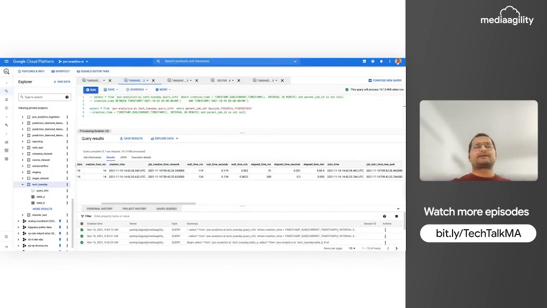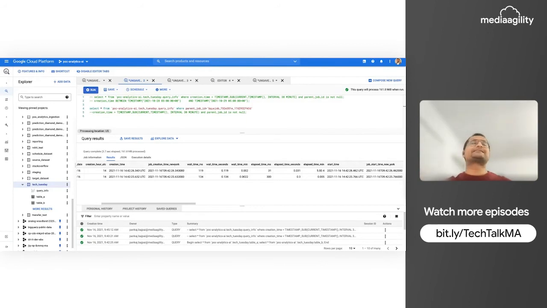Because what a BigQuery job does is, as soon as it comes, it goes to a waiting state, but mainly that waiting time will be in the order of milliseconds, because as soon as your job comes, BigQuery will start processing it. But if you're seeing here that the wait time is in minutes, which means that before starting the job, BigQuery has to wait to schedule that job onto the shard workers because enough slots were not available. And that is the information it will give, that you have a slot crunch. Your query is not getting the slots to run.